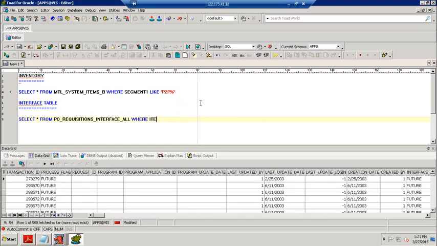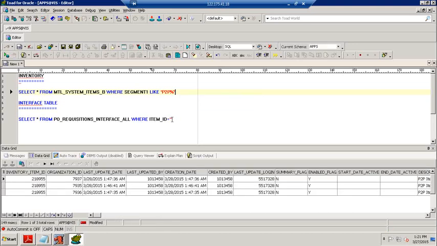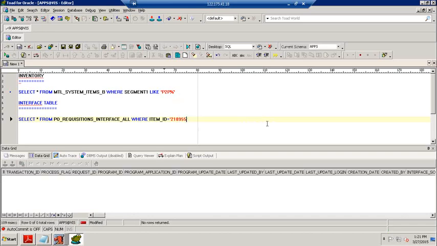Here we have an item ID, 218955. Let us check it. We don't have any data with reference to that item in our interface table.